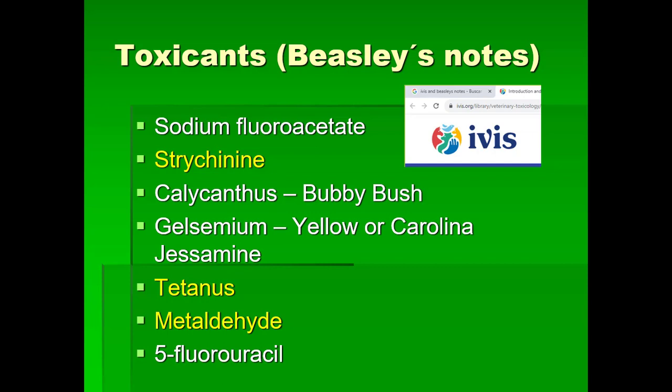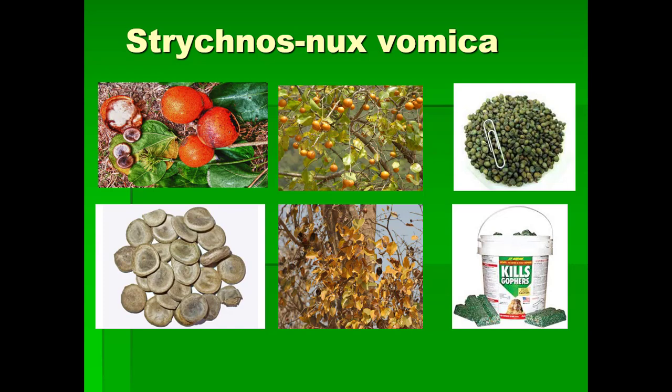In this first presentation, we will discuss strychnine, tetanus, and metaldehyde, and we're going to basically follow the list in Beasley's Notes. There are also so many things that it is impossible to cover, and I will simply mention them in white on each presentation. So, starting with strychnine, it's a bitter alkaloid extracted from the seeds of an Indian